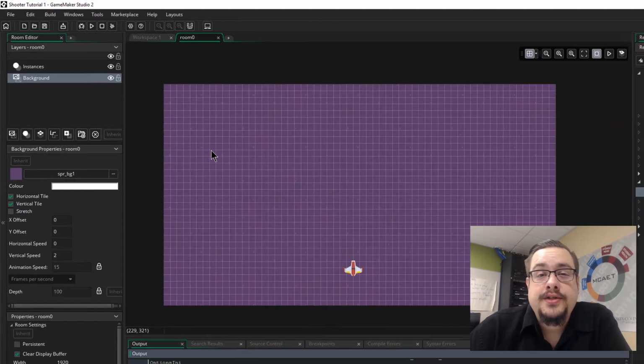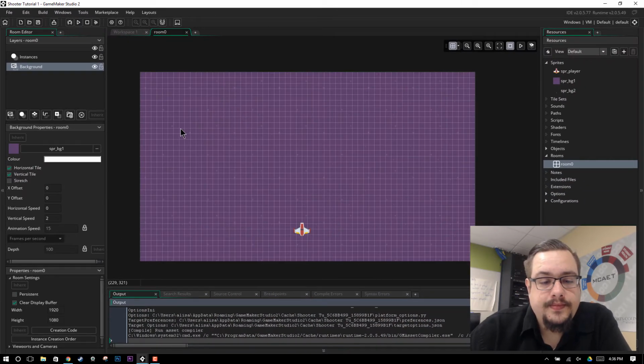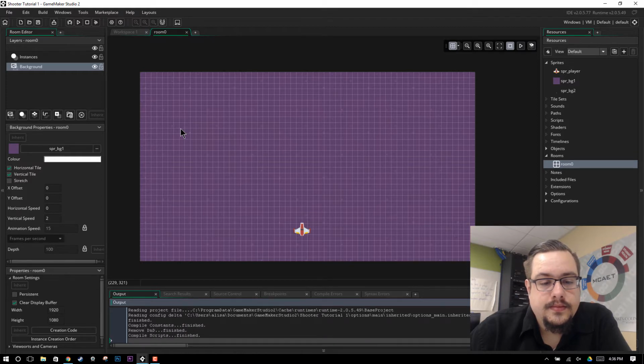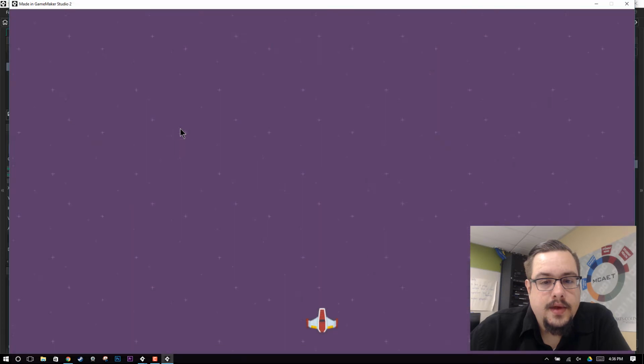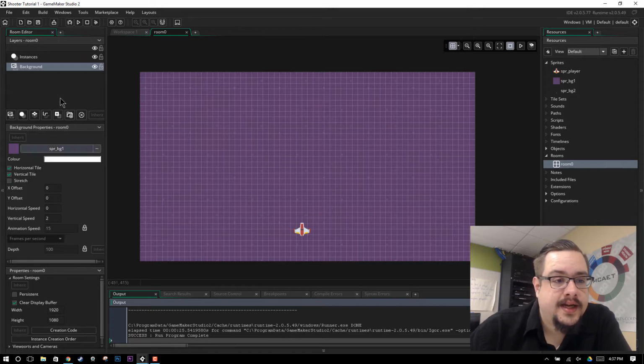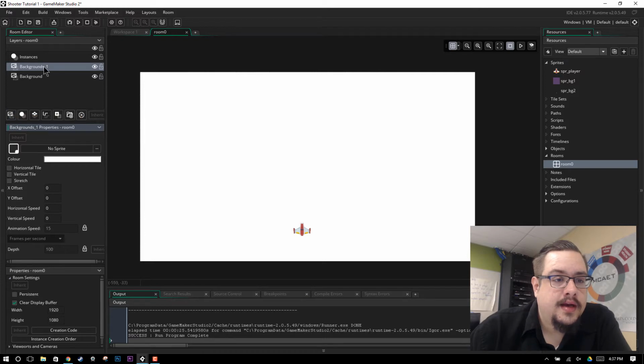We want to create the illusion of movement. Alright, so now we have a room with some stars that scroll down. And that's pretty cool, but we want to make it a little bit more interesting and a little bit more visually pleasing, I guess, or fun to look at. So let's add a little bit more speed to that and say, let's create another background,